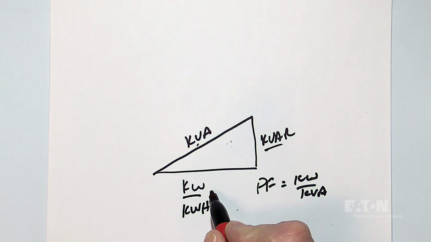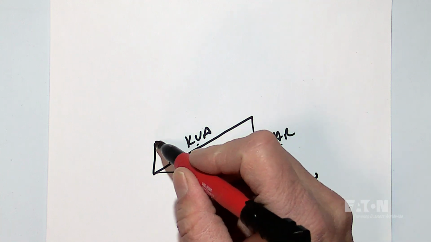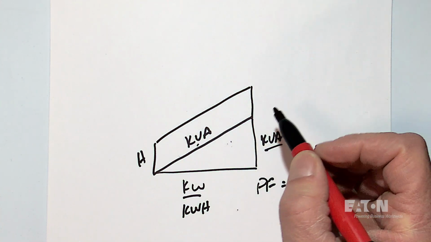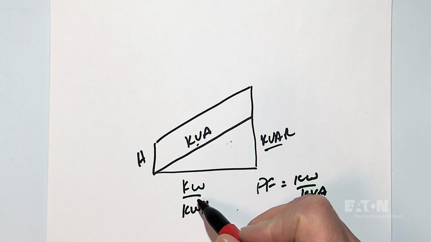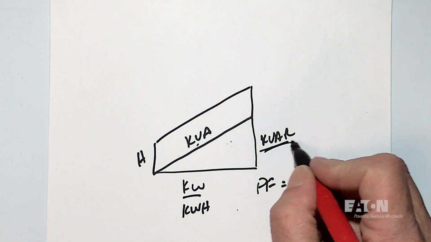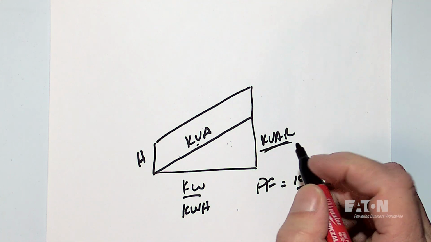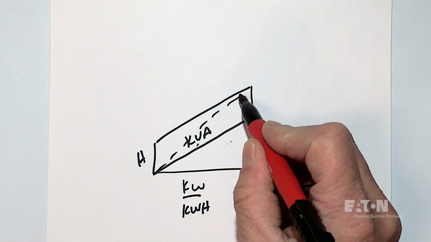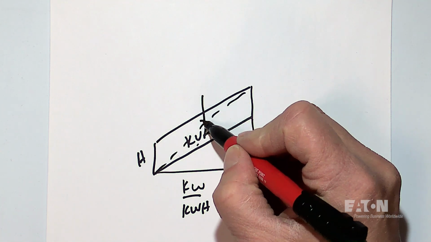So kilowatt demand and kilowatts over time. If we add in this third dimension here, which again is our harmonics, how does that affect our kilowatts? It really doesn't, except in the same way that the kVAR does, and I'll explain that in a minute. But it really doesn't affect us. What it does affect is this bigger kVA here, which is